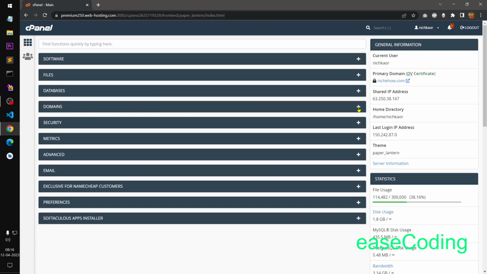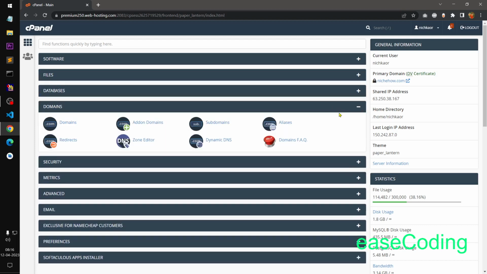Then let's move on to domains, an important one. So let's say you just purchased a web hosting server and you want to add domains. So you'll come to this section and click on addon domains, and you would be able to add new domains. And if you have to create a subdomain on a particular domain, you will use this service. Aliases, you can go ahead and explore. You can list all the domains here, and if you want to redirect one domain to another, you can use redirects